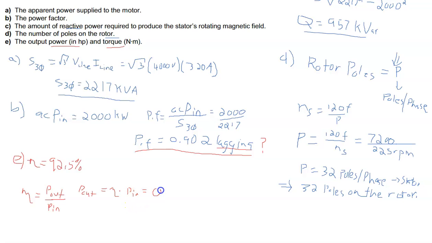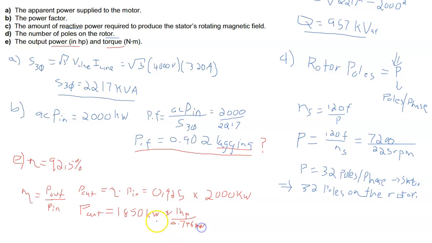And so as a decimal, 0.925 multiplied by the 2000 kilowatts that we had for power in. And so we can say then that the power out is equal to 1850 kilowatts, but we were asked to express that in terms of horsepower, and so times 1 horsepower divided by, with respect to units there, 0.746